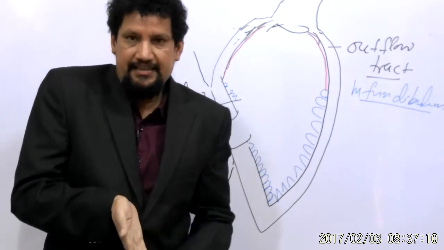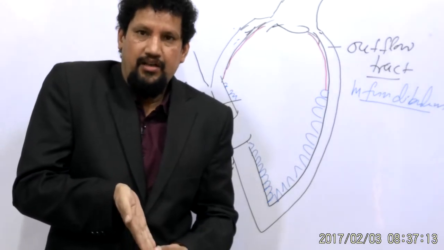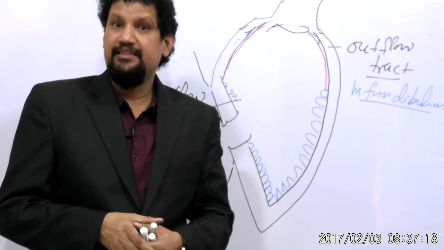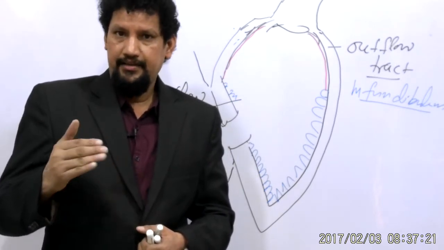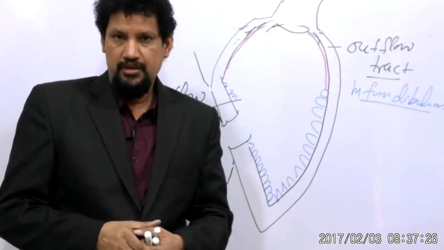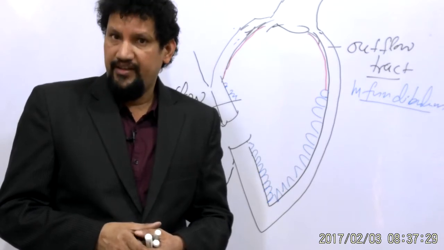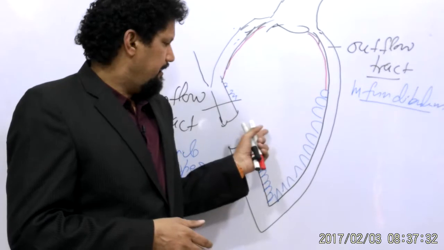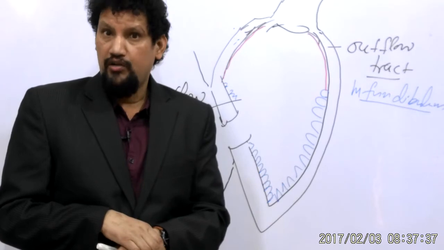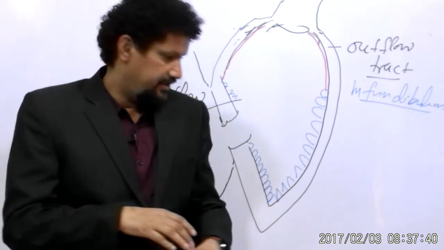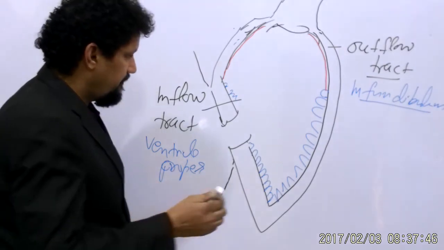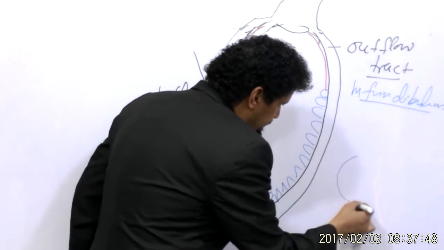So this is the direction of the tricuspid orifice. The tricuspid orifice is having three cusps: anterior, the posterior and the septal. So it is known as tricuspid valve. The valve is having three cusps or leaflets. The tricuspid valve, it is not simply a valve, but it is a valve complex having the tricuspid orifice.